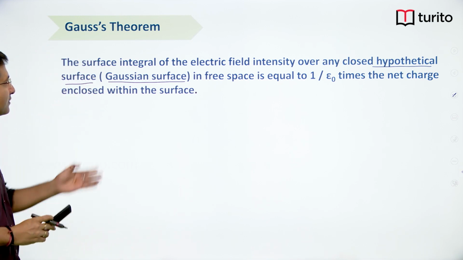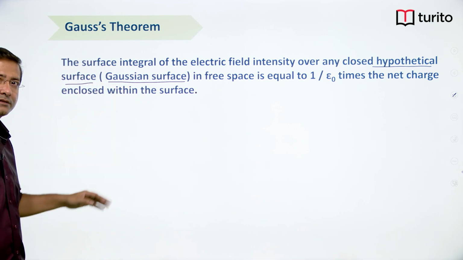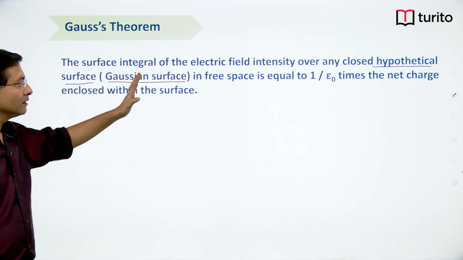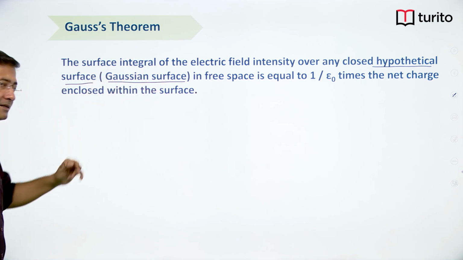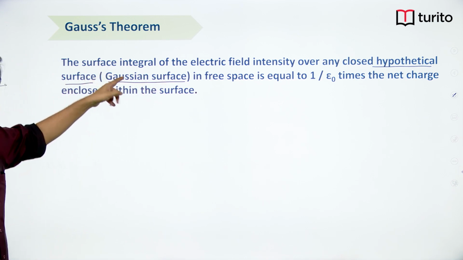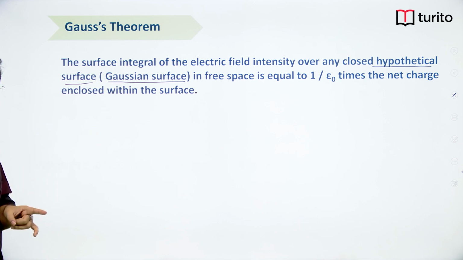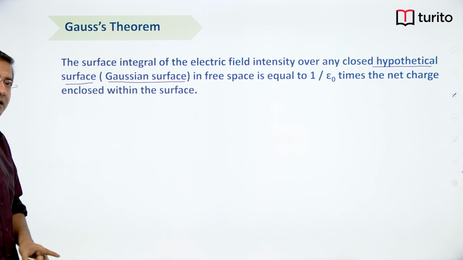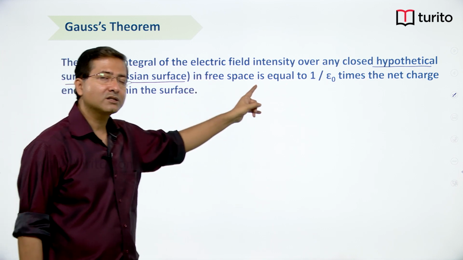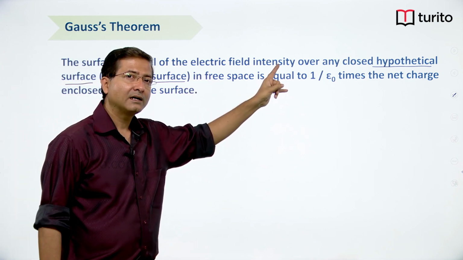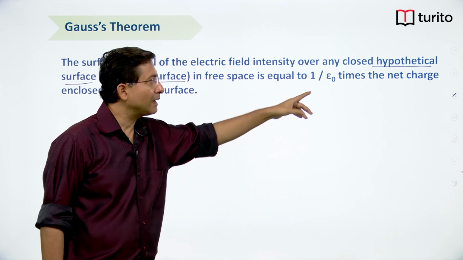So any imaginary surface is called Gaussian surface, right. So statement is closed surface integral of electric field over Gaussian surface is charge enclosed times 1 upon epsilon naught,